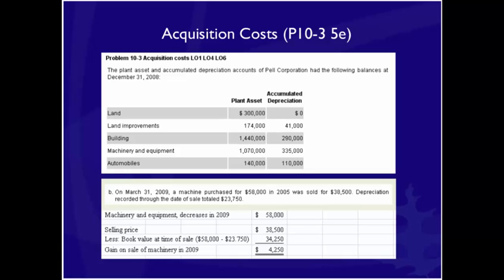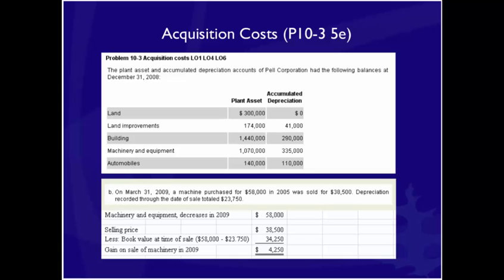We see that the selling price was $38,500, and the book value at the time of sale, equal to $58,000 less $23,750 in accumulated depreciation, amounted to $34,250. So the $38,500 selling price less the $34,250 book value results in a gain on the sale of machinery